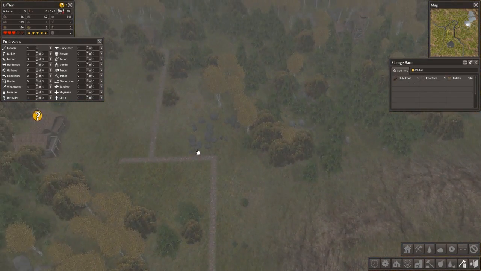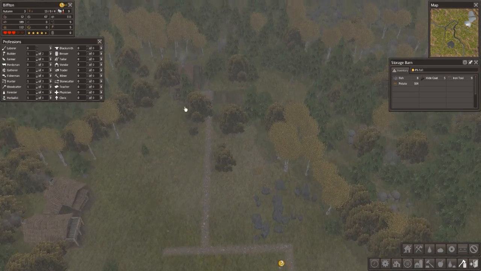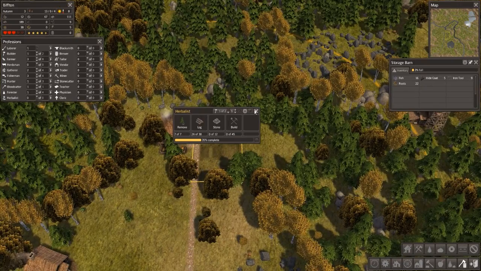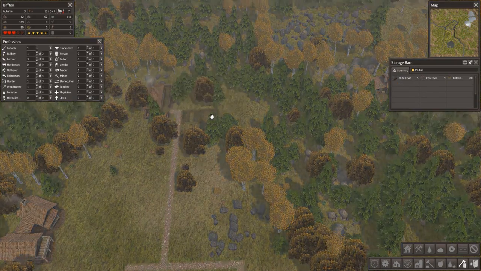Citizens without jobs. Is the herbalist built? Oh, here we go. A hunting cabin. Let's chuck a guy in there. The herbalist is not built yet. That's why. Take that away. There we go. 35%. So we could add...